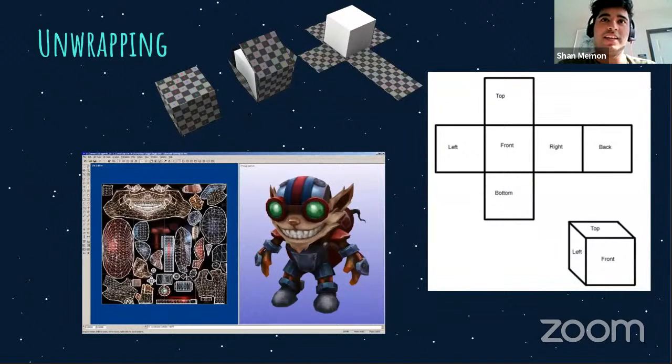Another thing in 3D modeling is unwrapping your models. This is quite complicated. The artist has to find seams in the model to cut. For example, with a simple box, if you unwrapped a box like this, the texture would look something like this, where this is the layout. Then an artist would apply textures to that unwrapped layout, and it would go onto the box. So this complicated model unwrapped looks like this, and you can see the texture being applied to the model. And yeah, that's something pretty cool in 3D modeling.